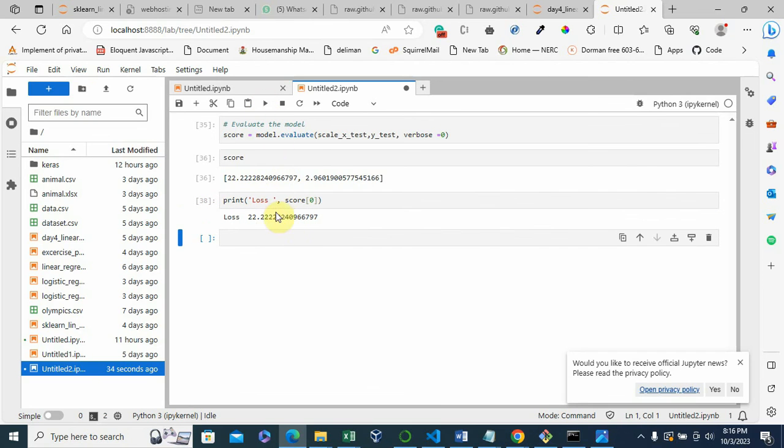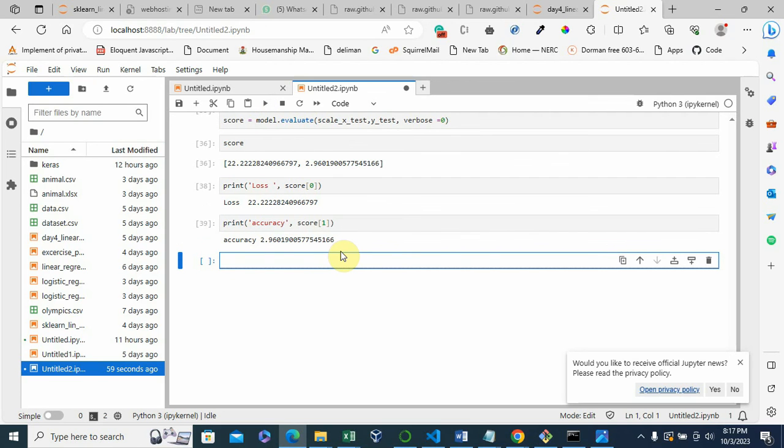Run that, and then we can print out the accuracy, which is the second item of the score. That pretty much gives us the accuracy.